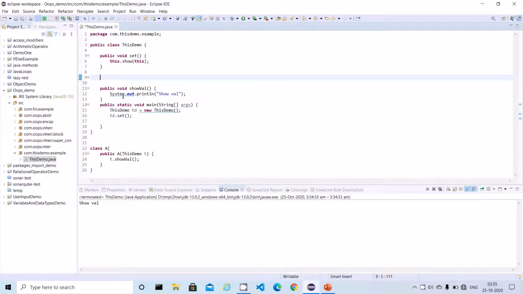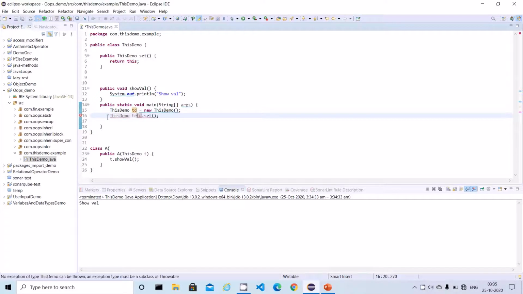I'll just make it simple, yes. So this is the simple method, this demo. What is this method doing over here? This is a simple method set and it's returning the current state object as a return type, right? So here this demo I created an object, and I'm calling the set method and I'm expecting it should return this demo as a return type.